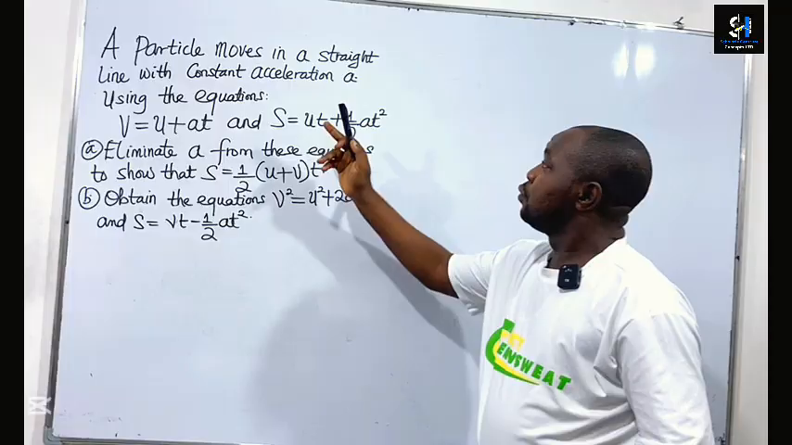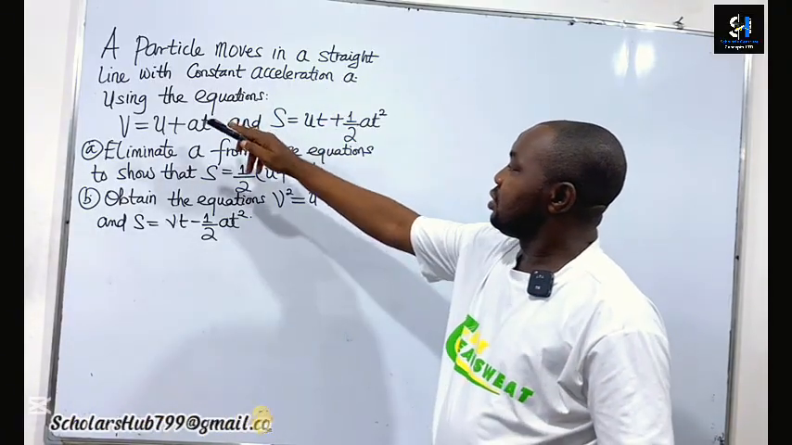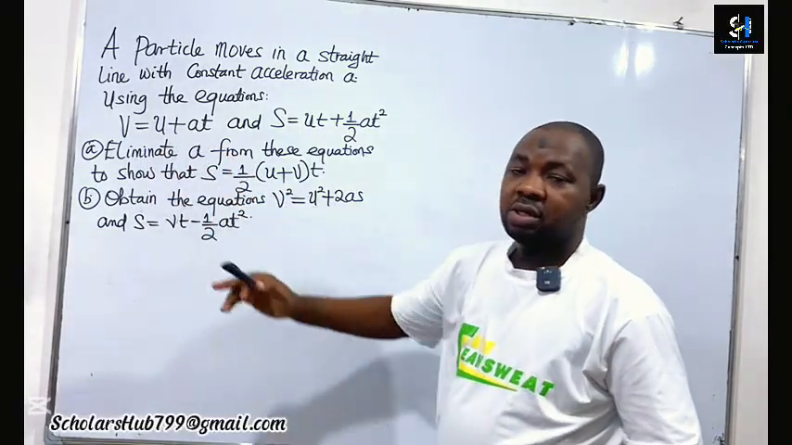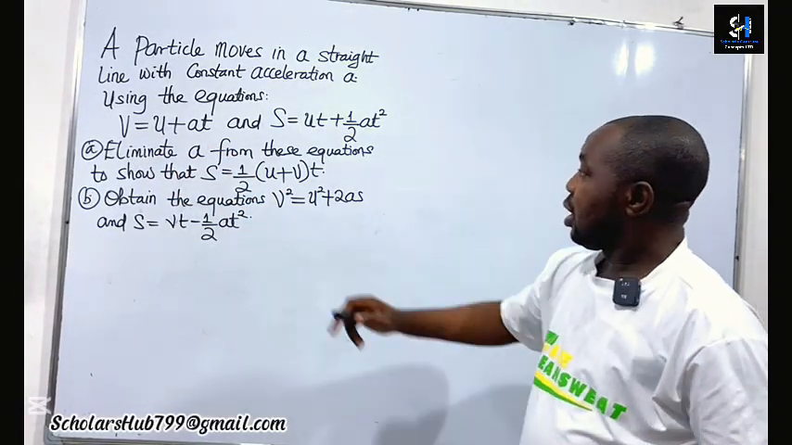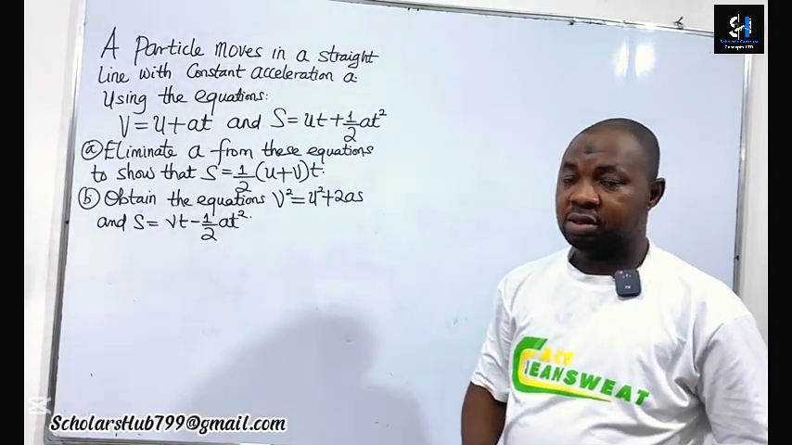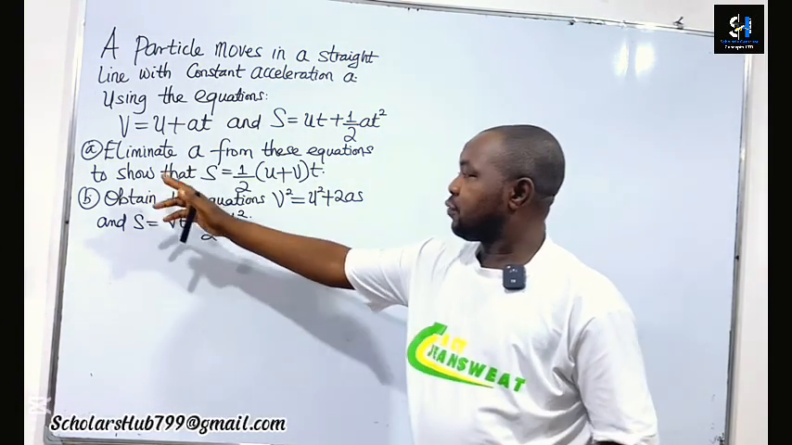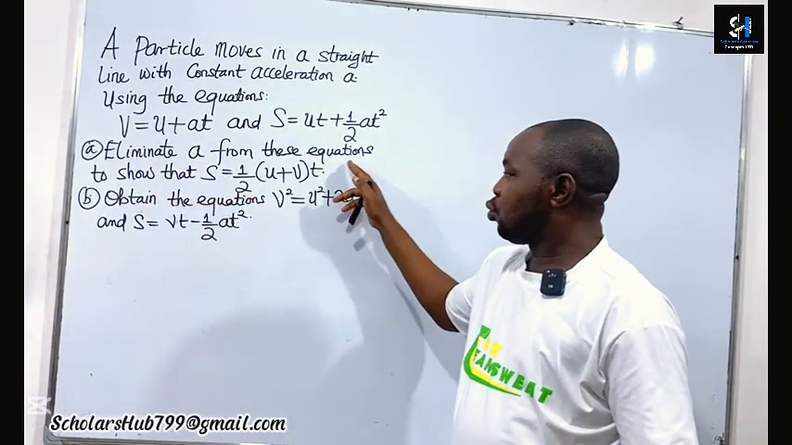A particle moves in a straight line with constant acceleration. Using the equations, we have v equals u plus at. That's one of the equations of motion. And s equals ut plus 1/2 of at squared. Another equation of motion. Now, the first question is for us to eliminate acceleration, that's a, from these equations to